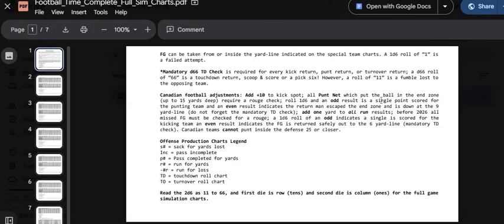An odd result means the punting team scored a rouge. We go on to the rest of the game. If an even result comes up, that means the return man escaped the end zone and will be down at the 9-yard line. Now, if you don't like static numbers, folks, you're free to come up with